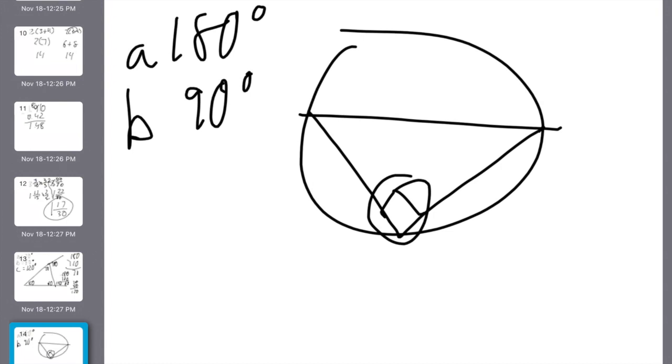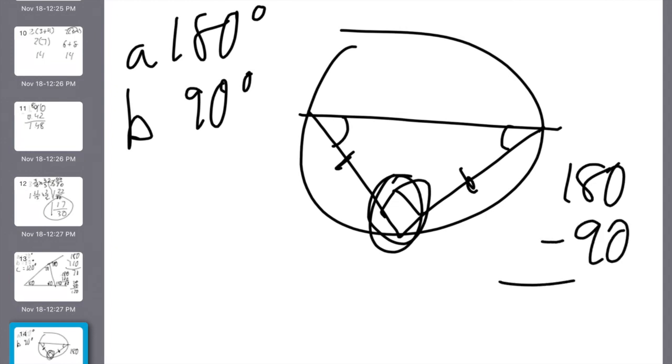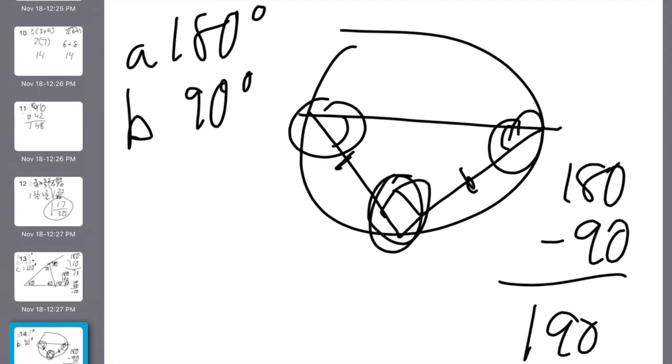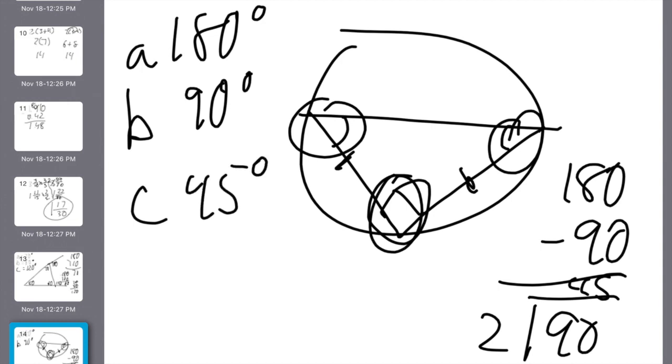Chord AC is congruent to BC. What appears to be the measure of this triangle? So, guys, this length is the same as this length. Therefore, this angle is the same as this angle. So, triangles add up to 180. I know I have a 90, so I subtract 90 from it, and this angle plus this angle equals 90, and they're the same. So I take 90, I divide by 2, and I get 45 degrees. So they're teaching you how you have an isosceles right triangle, which is 40